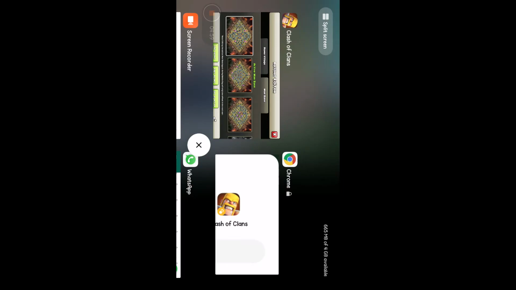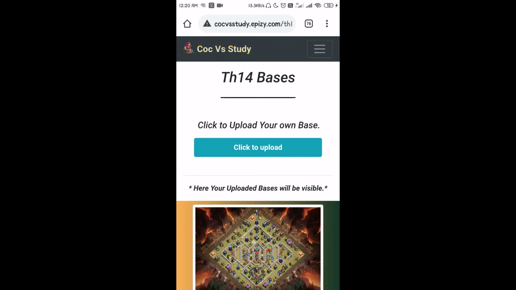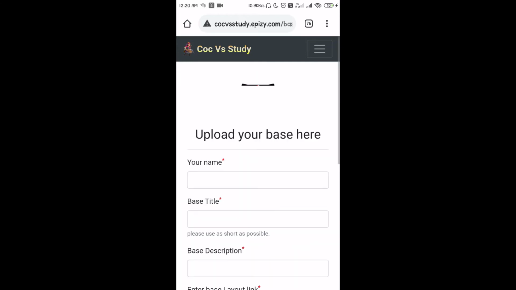It will take the screenshot. Just save it, and if you want to upload your own bases, just go through the website. If your base is TH14, you can click to upload TH14 bases.